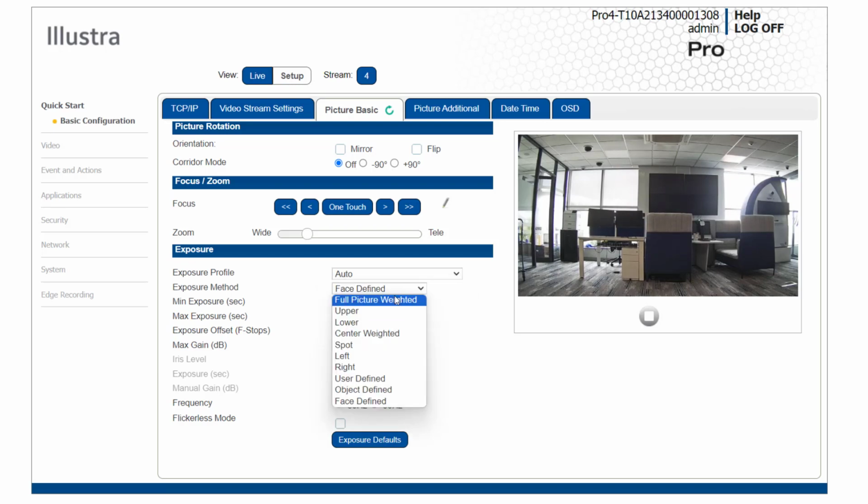With profiles, you can set the camera for an indoor or outdoor location, or more specifically for license plate recognition or for a gaming environment like a casino. The exposure method can tailor the focus for specific regions within the camera view, again creating the best camera view possible. Below these settings, you can then manually adjust the additional exposure settings to really fine-tune the camera view